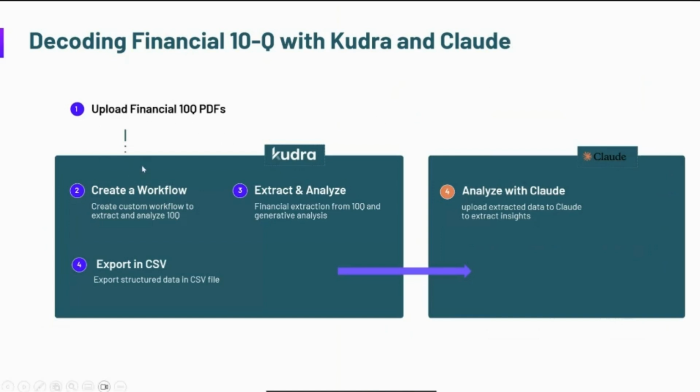So the first step is to upload our financial 10Qs. Those are hundreds of PDFs. We're going to create a workflow. This is using Kudra Workflow Builder, so I'm going to show you how that works. We're going to extract and analyze the information from 10Qs. We're going to discuss specifically what type of information we're going to extract. And finally, we're going to export our data in a CSV file,